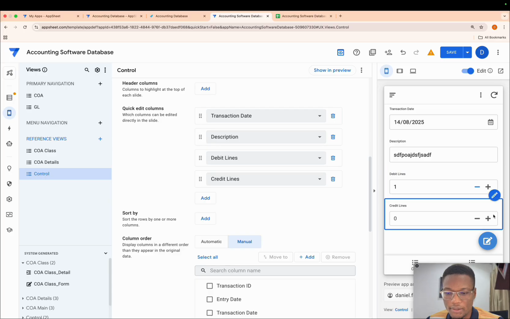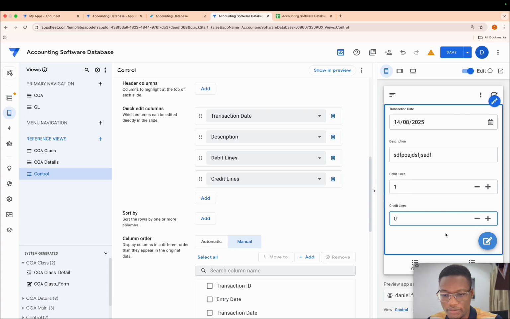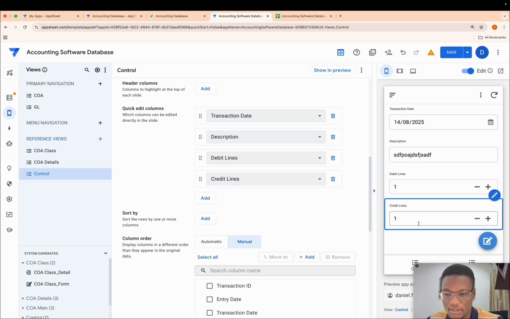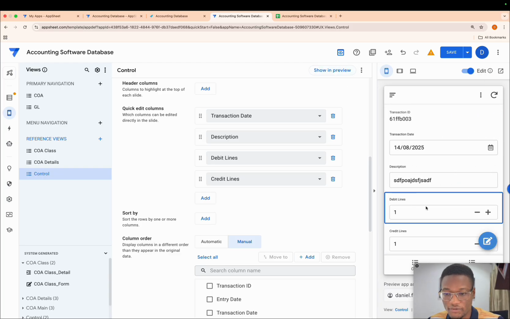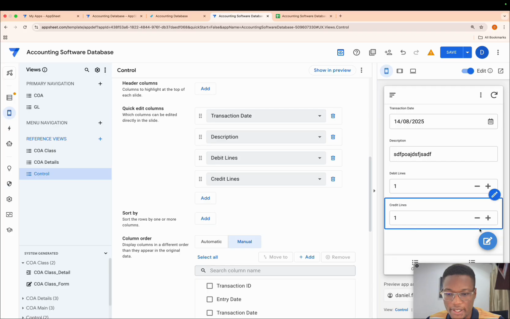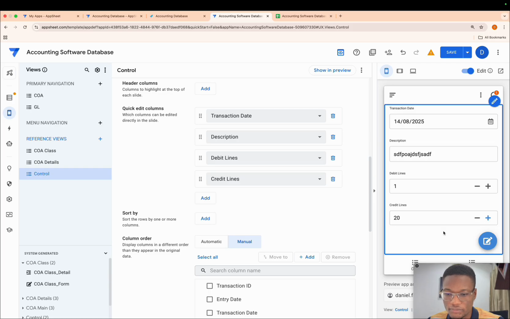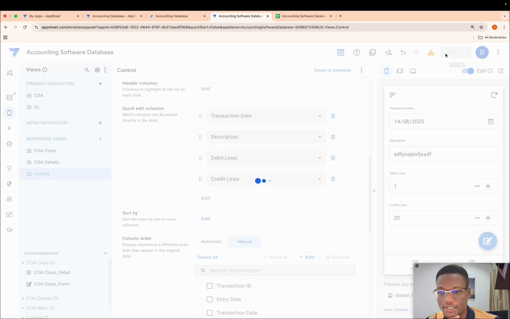This cannot go below 1. That's good. Let me see if I try to enter 0, what happens. Okay, it says it's invalid and changes it back. Because I've not saved, that's why it keeps changing. All right, let's see if I can go beyond 20. So let's say 23. Okay, no, this entry is invalid. So 20. All right, good. So now we have this. I'm just going to click save.